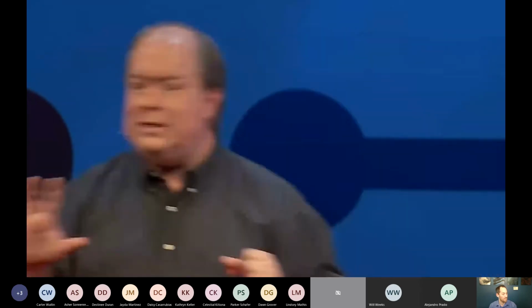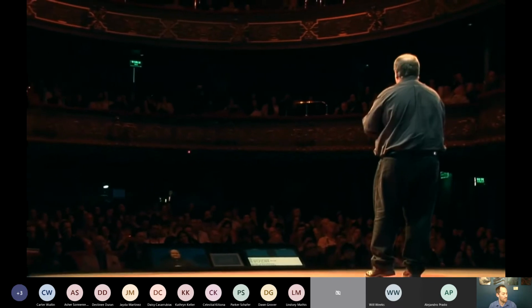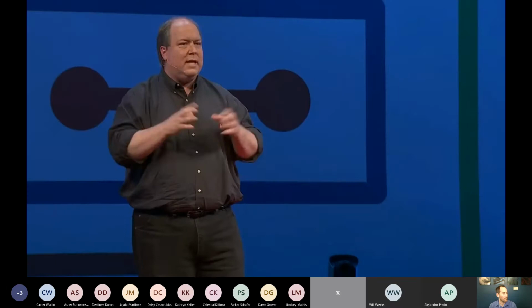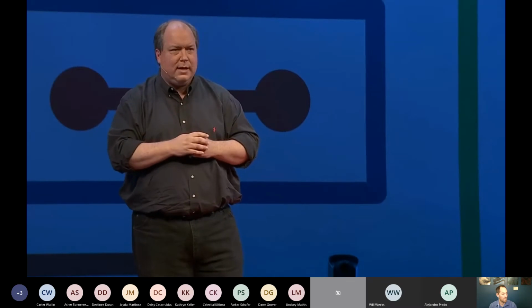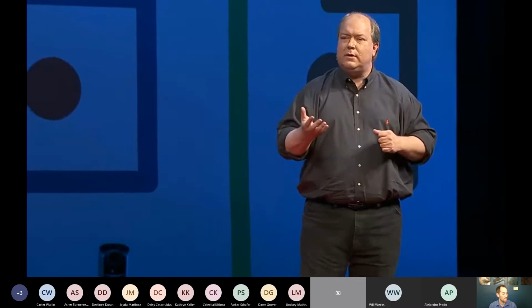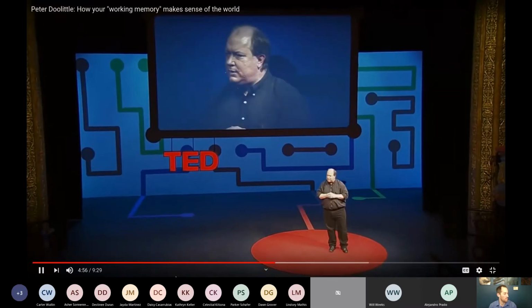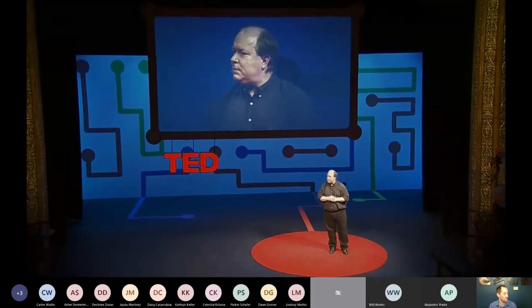Now, don't get me wrong, working memory is awesome. Okay? Working memory allows us to investigate our current experience as we move forward. It allows us to make sense of the world around us. Okay? But it does have certain limits. Now, working memory is great for allowing us to communicate. We can have a conversation, and I can build a narrative around that. So I know where we've been and where we're going and how to contribute to this conversation. Allows us to problem solve, critical think. We can be in the middle of a meeting, listen to somebody's presentation, evaluate it, decide whether or not we like it, ask follow-up questions. All of that occurs within working memory.